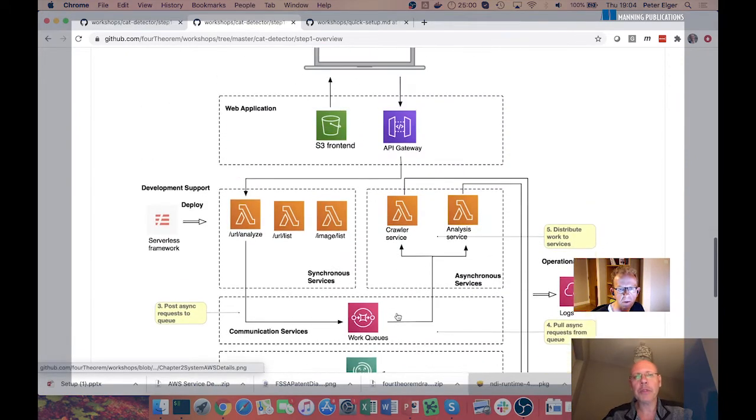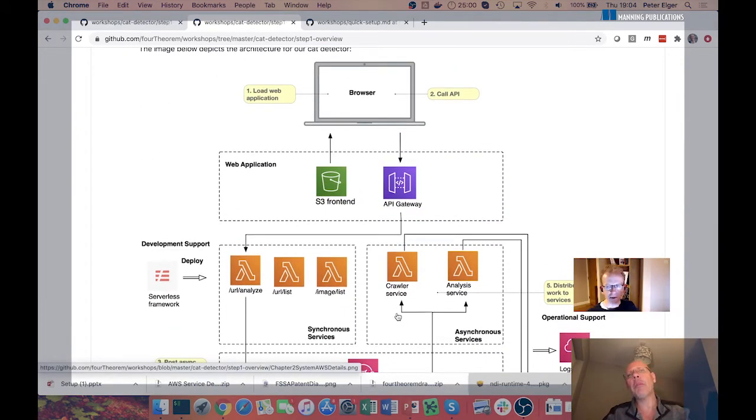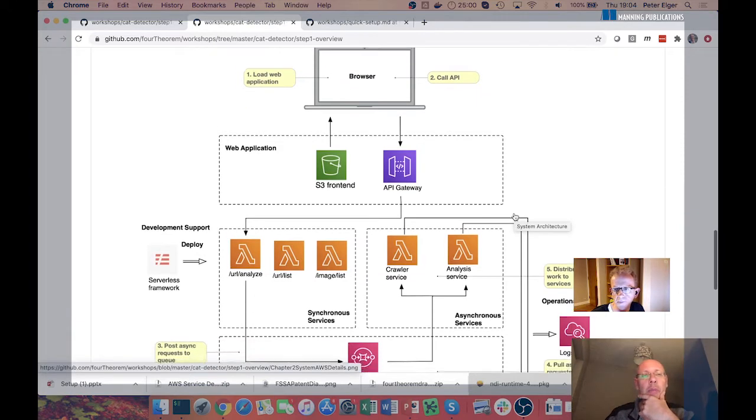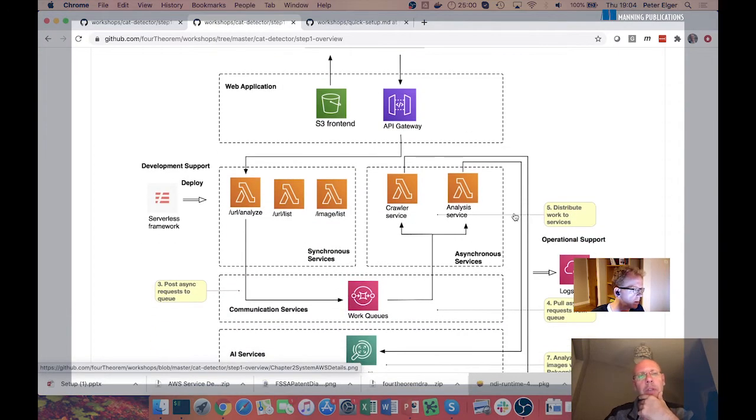So here's the architecture for the system. At the top, we have a single page application that sits in the browser, and that's going to talk to an API gateway, which we're going to deploy. That API gateway is going to talk to some Lambda functions, and that's going to be a synchronous calling pattern. Those Lambda functions are going to either return data for displaying in the front end or kick off analysis jobs by posting messages into an SQS work